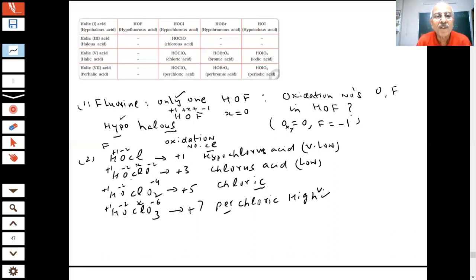I hope we have made the point very clear, because it can be given. Even in competitions sometimes they ask you the formula of any of these and give 4 choices. So you will be totally lost.